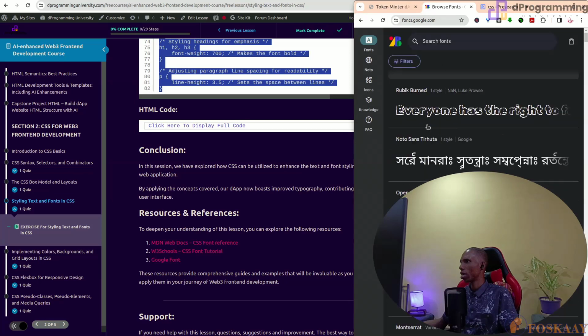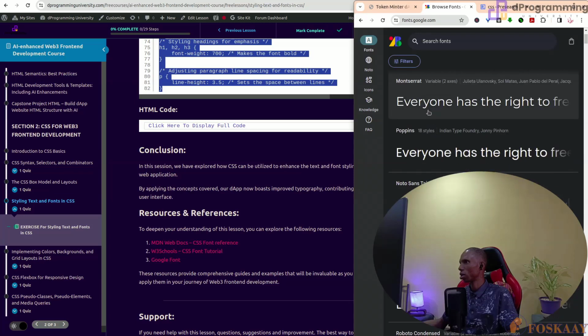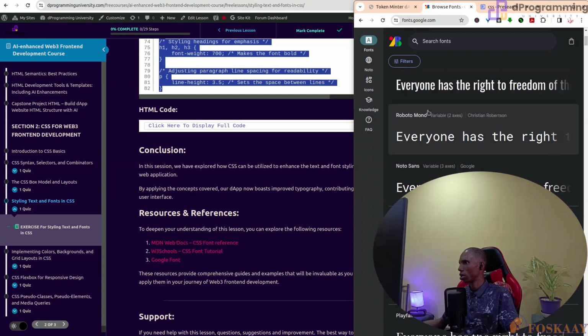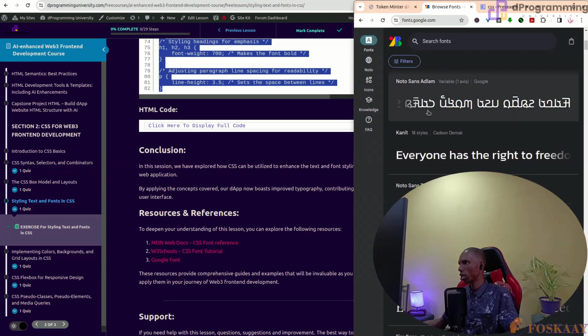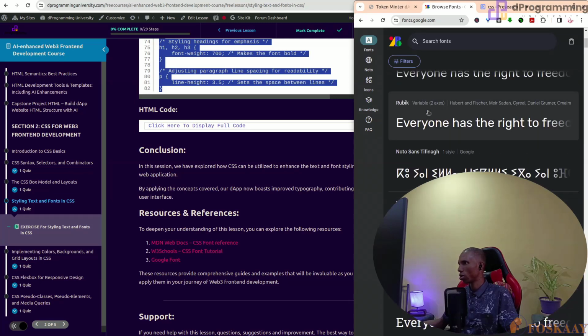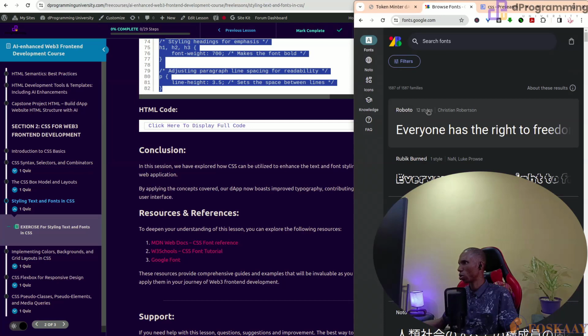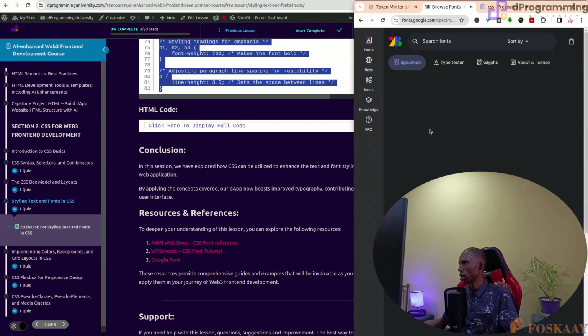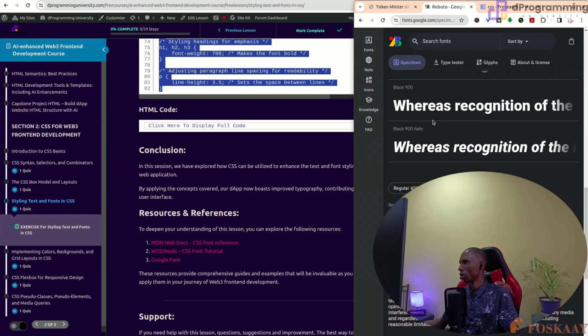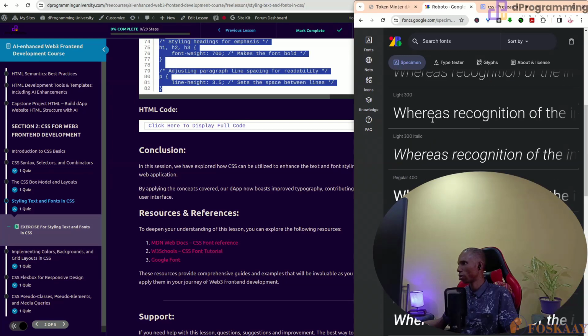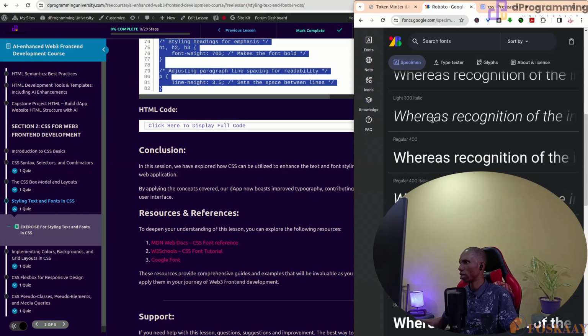You can see there are different fonts. You see, different fonts you have. So you just pick anyone. Once you click on them, that's the Roboto. You see it. This is the one we are using. You see it now. So that's why it's called a font family, because it comes in different kinds of adjustments